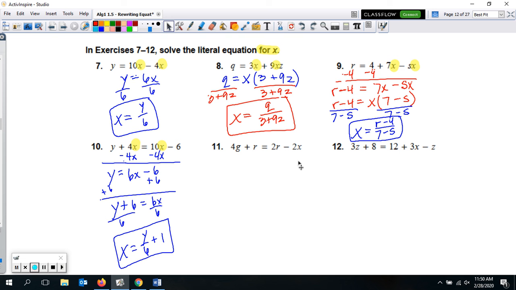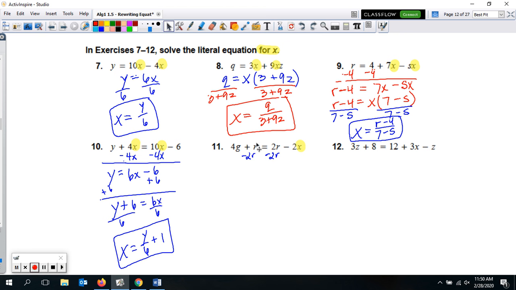Number 11. So looking for x on this one, I only see it in one place. It's right there at the very end. And it's in the term negative 2x. So I need to get that negative 2x term by itself. I need to first move the 2r to the other side. Now there is another r here, so I'm going to combine like terms with that when I move it. So I'm going to subtract 2r to remove it from this side, and I got to do the same thing